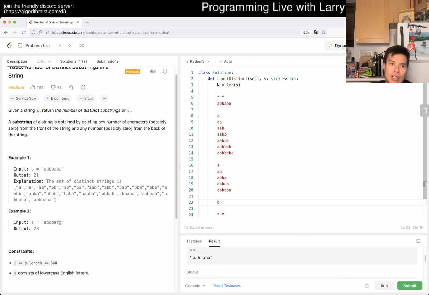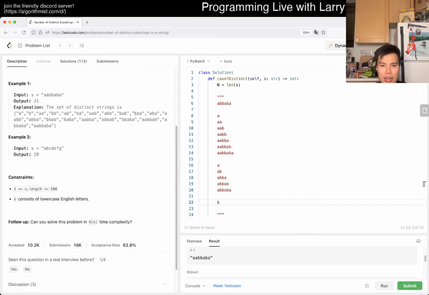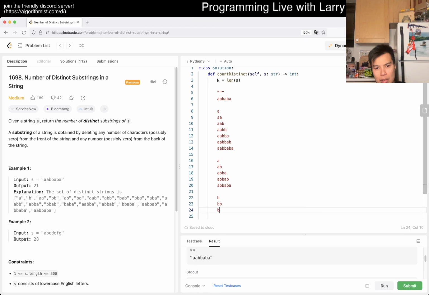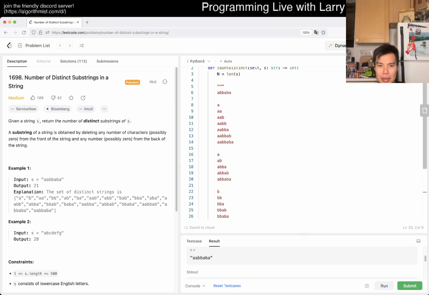I don't know that I know how to do this in O of n, unless it's like some crazy algo. I might just cheat and look it up, to be honest. I have a suspicion that it is a crazy algo, but I could be wrong. And by crazy algo, I do mean like suffix array is a crazy algo. Maybe I don't need to keep on writing this, but